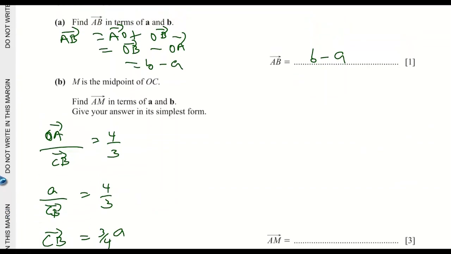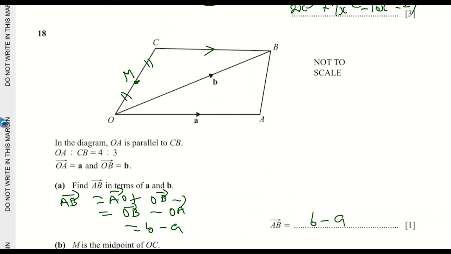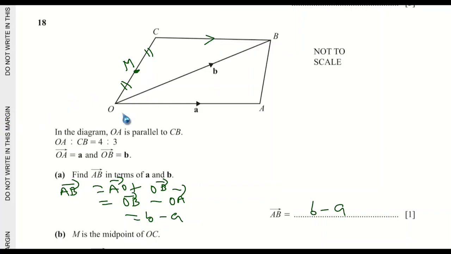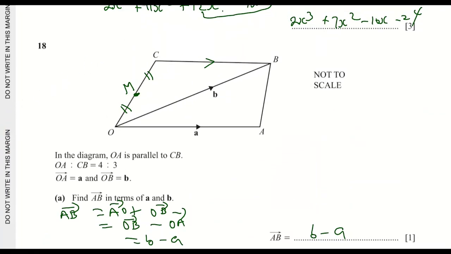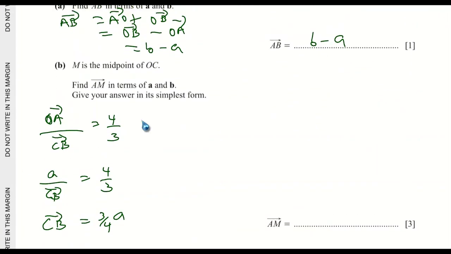So we can get OC, because what we want now is the value of AM. For us to get AM, we need OA and OM. For us to get OM, we need to know OC and divide by 2. So now we can get OC. Let's demarcate this one. If you look at it very well, OC